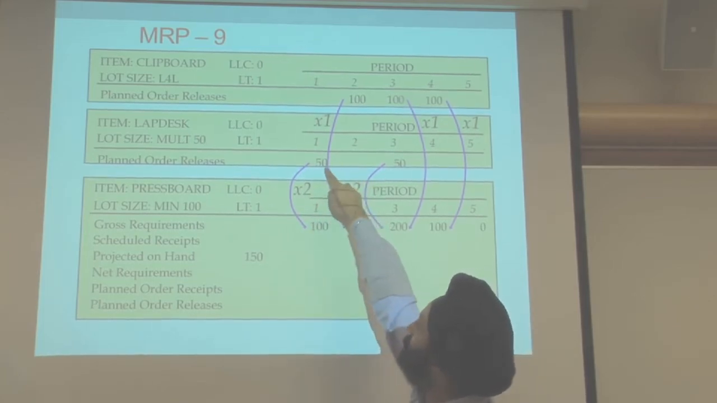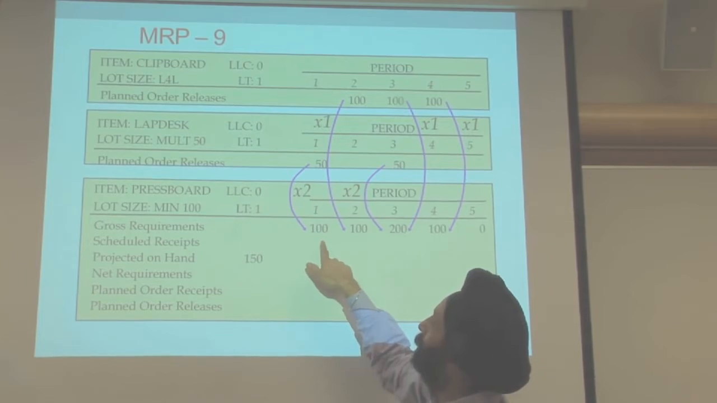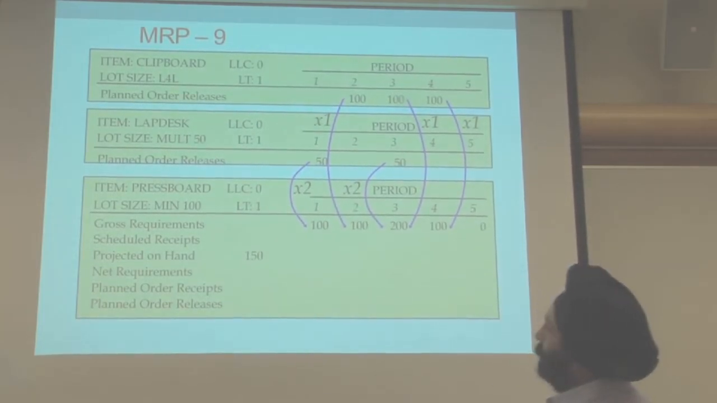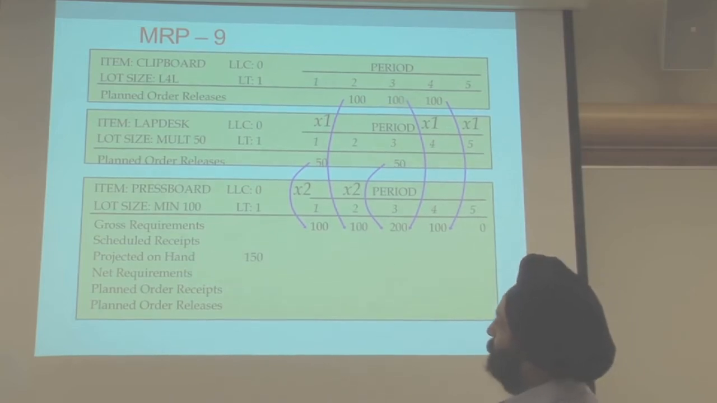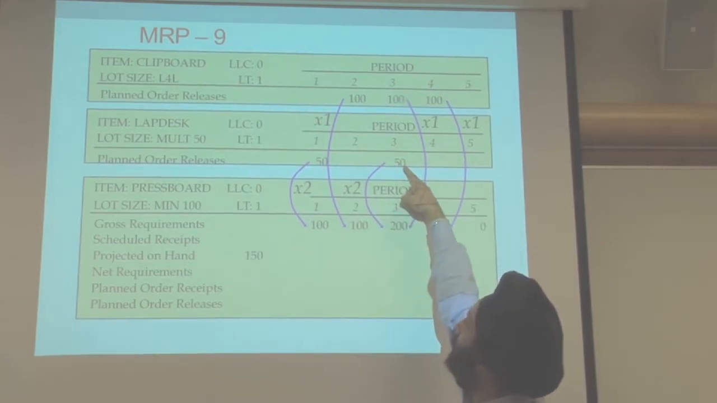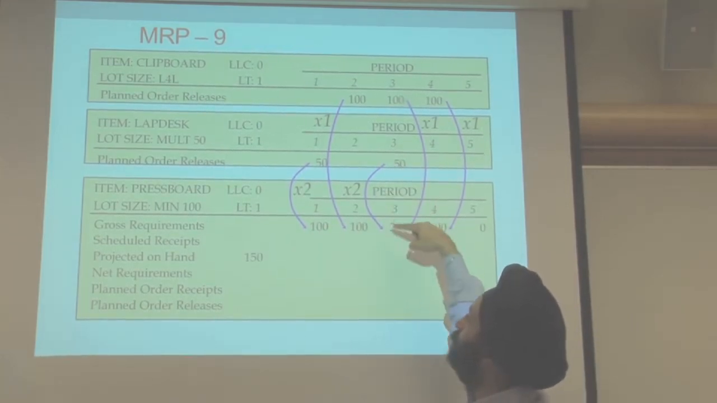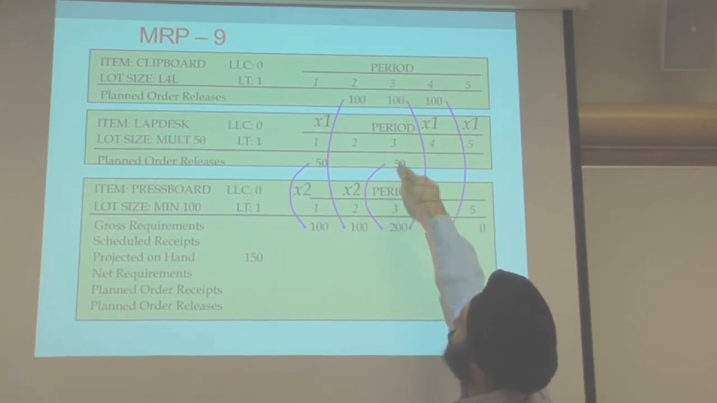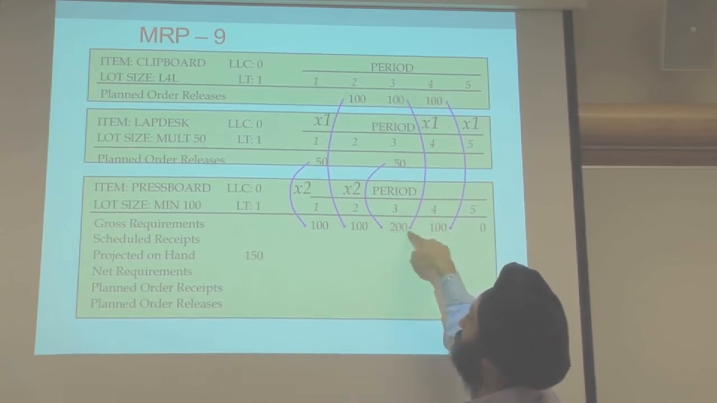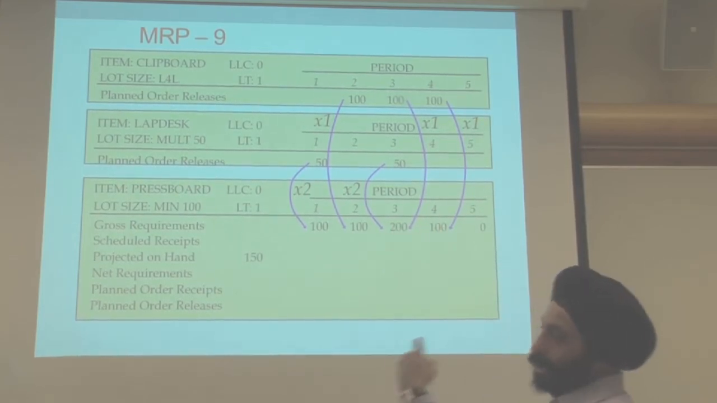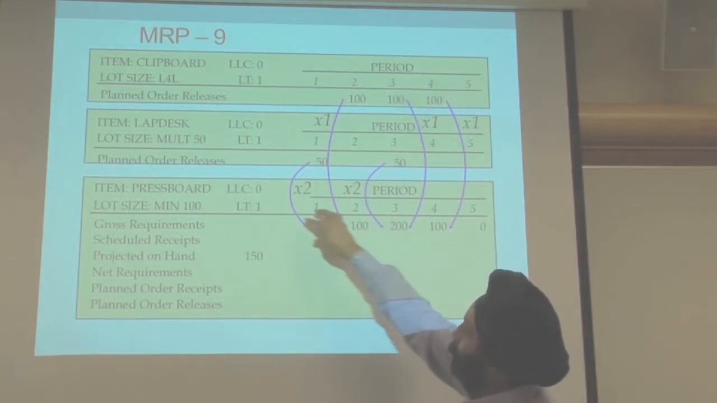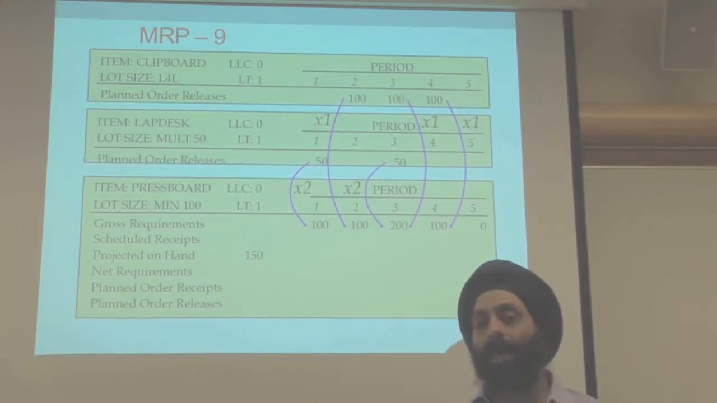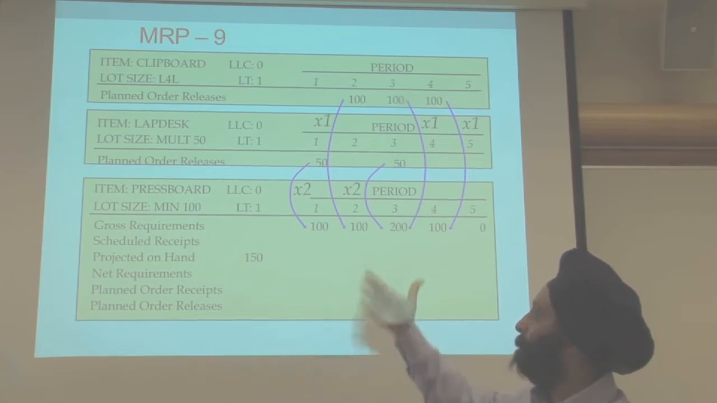So you can see this 50 times 2 is 100, which is the gross requirement for the press board coming from the lap desk. And this 50 times 2 is 100. So 100, which is multiplied by 1, is 100, plus this 50 times 2 is 100. That's a total of 200. So that's put together. This is the new gross requirement for the press board, and now we can go ahead and calculate our MRP